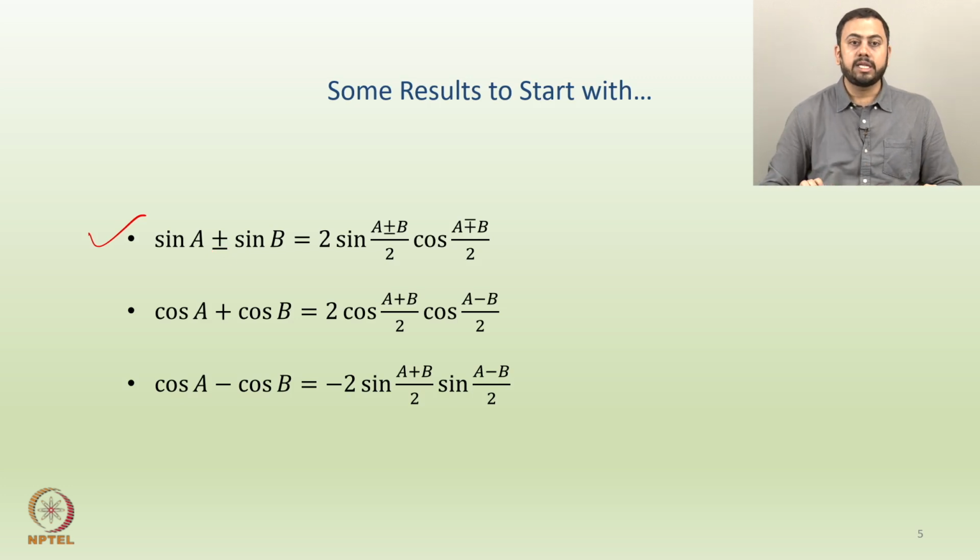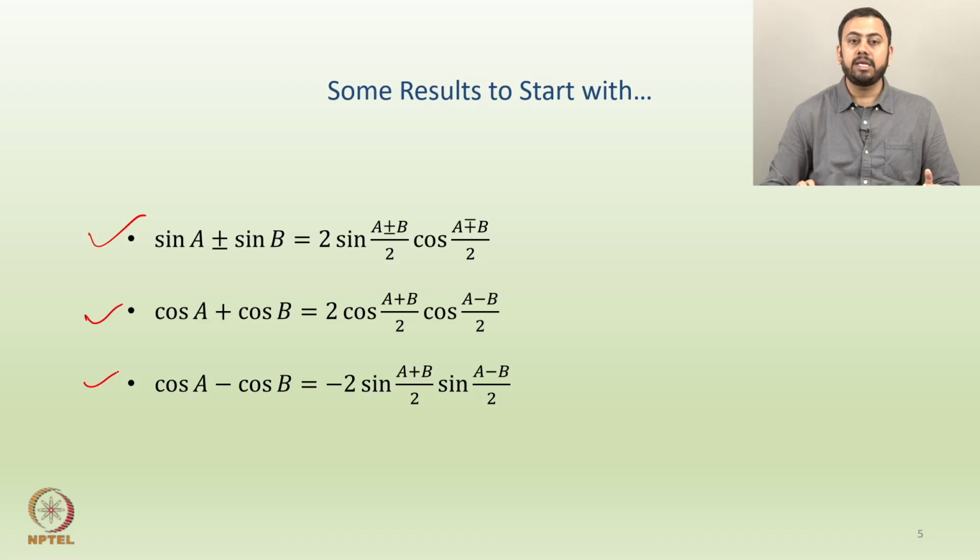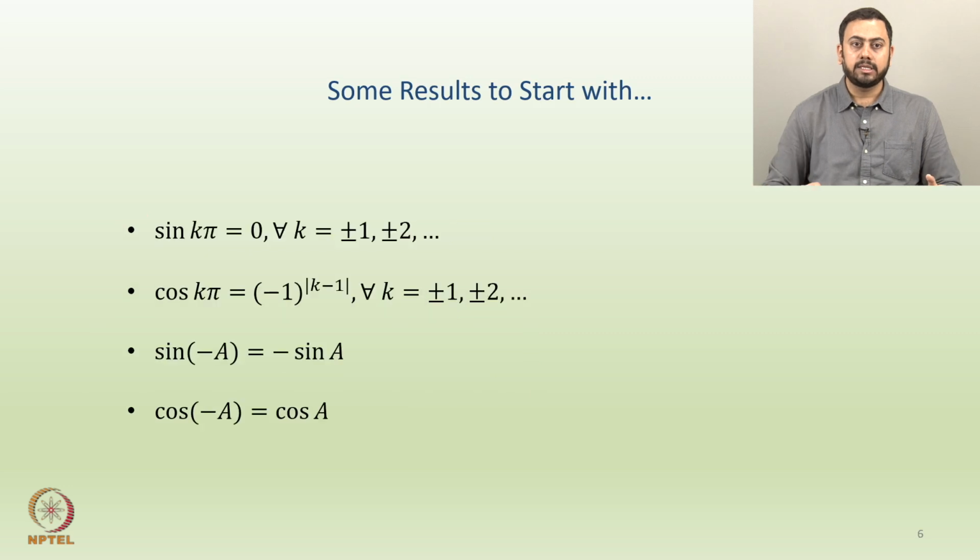Okay. So now cosine A plus cosine B is 2 cosine of (A plus B) by 2 cosine of (A minus B) by 2, and the next, cosine A minus cosine B, is nothing but minus 2 sin of (A plus B) by 2 sin of (A minus B) by 2. Okay. So unfortunately, one can't combine these two identities in a collective manner. So I have kept them separate, but the first one can do that.